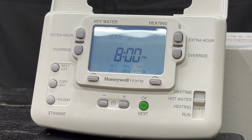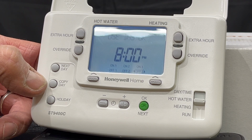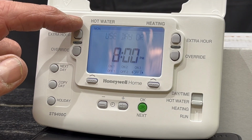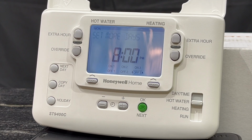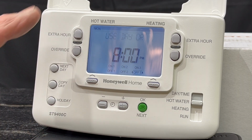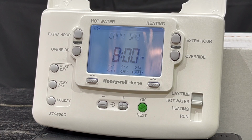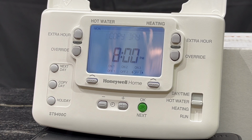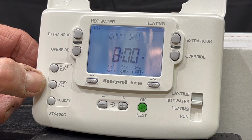If I want to do different days at different times, most of the times that I see, we've just programmed, as you see, the day Monday, as is shown here. A lot of people will, when they have the facility of programming different days at different times, do Monday to Friday, and then the weekend is different times. So if I'm happy with 6 a.m. to 8 a.m., 12 to 1, 6 p.m. to 8 p.m., I will press copy day,